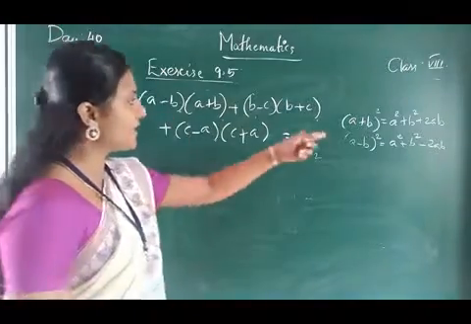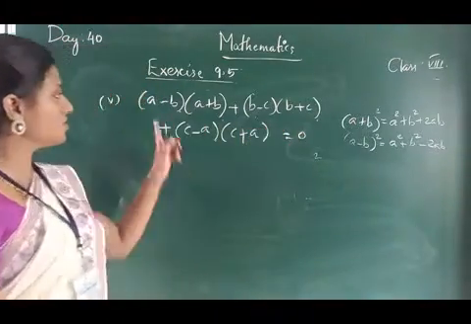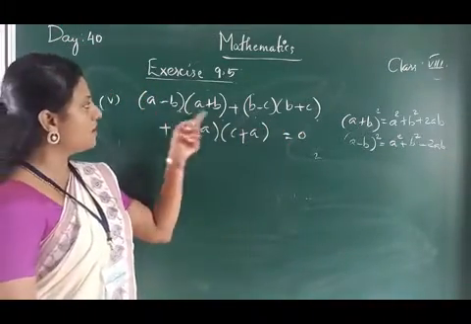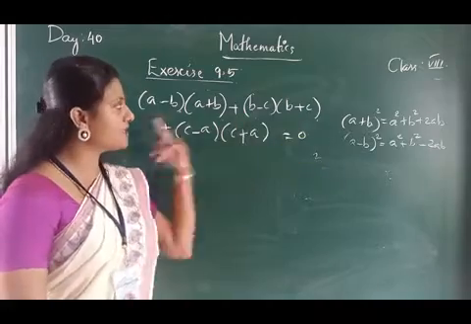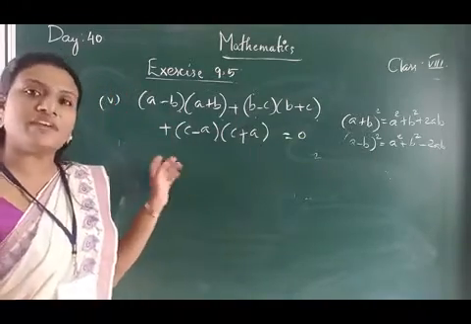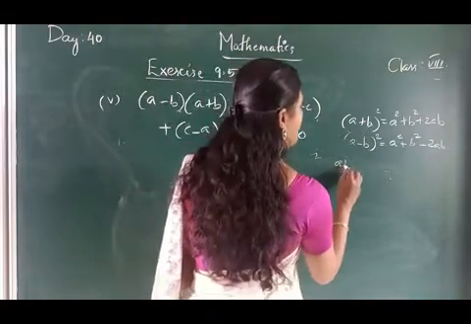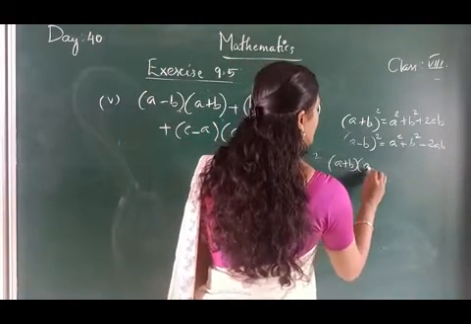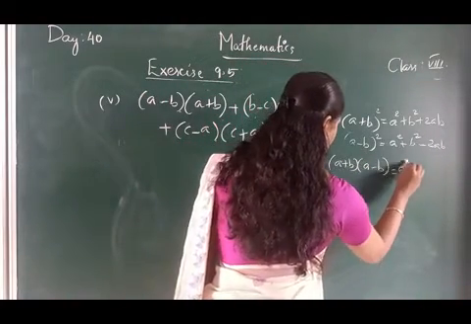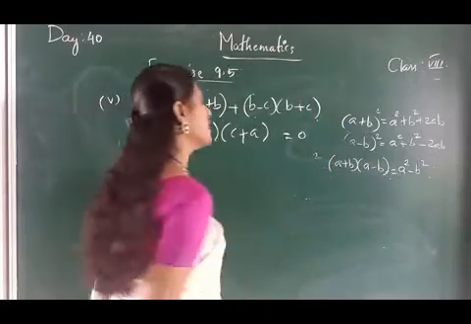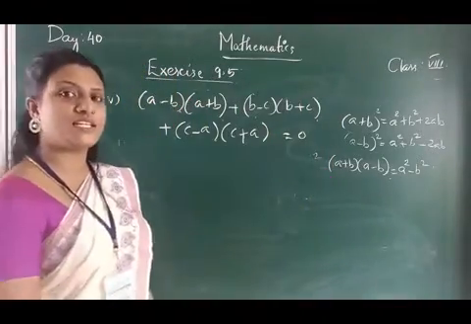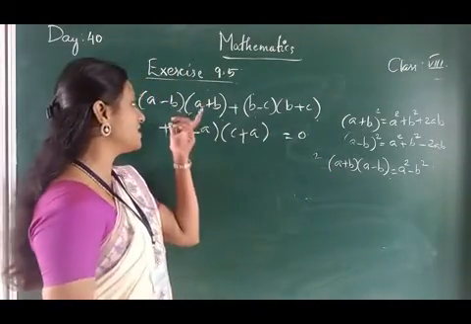Can we use the first two identities here? A plus b the whole square? But no, it is a plus b into a minus b. There is no a minus b the whole square here. There is no such case here. Then what is the third identity you studied? A plus b into a minus b is equal to a square minus b square. That's the third identity, isn't it? That is what is used here.